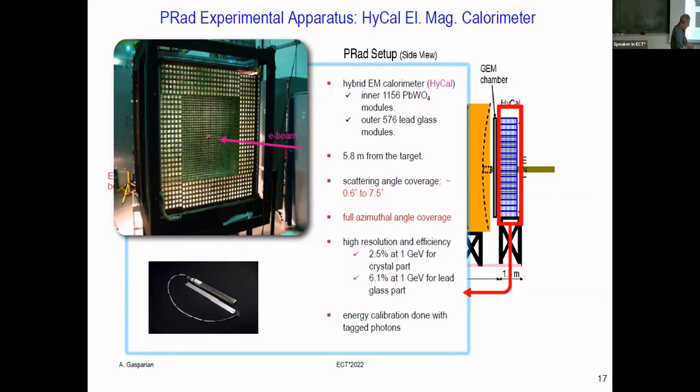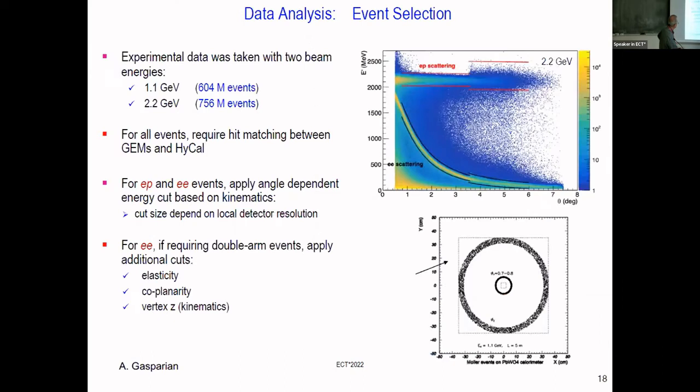And as you see, the beam is supposed to go through this about 4 by 4 centimeter hole through the calorimeter. It's also a technically challenging thing, but we did it in the experiment very successfully. Data, if we put data at 1 GV, 2 GV, as you see, a good amount of statistics, but still we need more. If you plot that energy versus angle, you will see elastically scattering protons, electrons from the proton, and Mueller